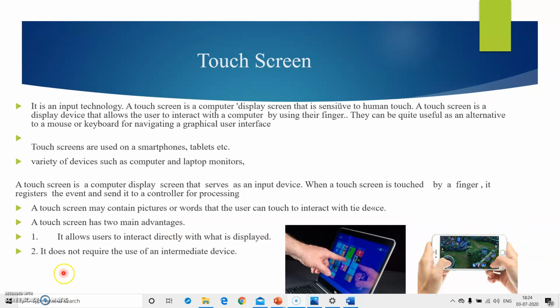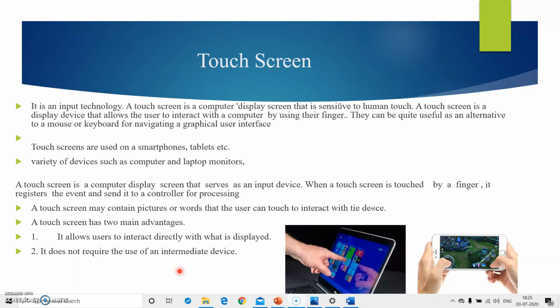A touchscreen is a computer display screen that serves as an input device. When a touchscreen is touched by a finger, it registers the event and sends it to a controller for processing. A touchscreen may contain pictures or words that the user can touch to interact with the device.